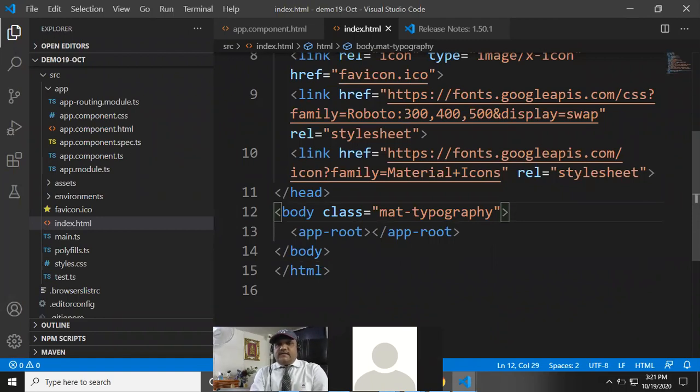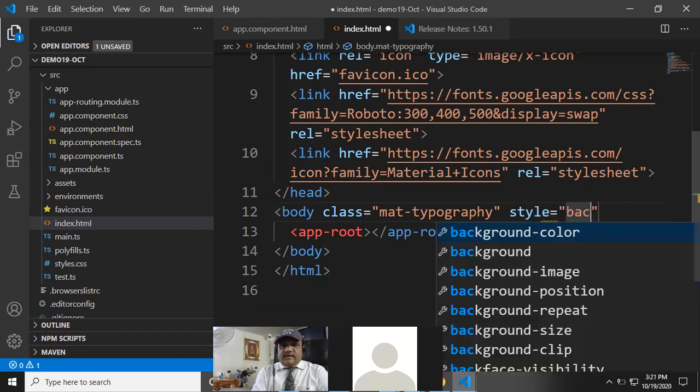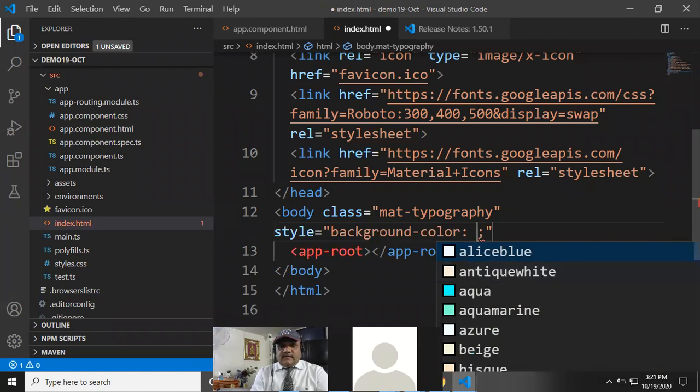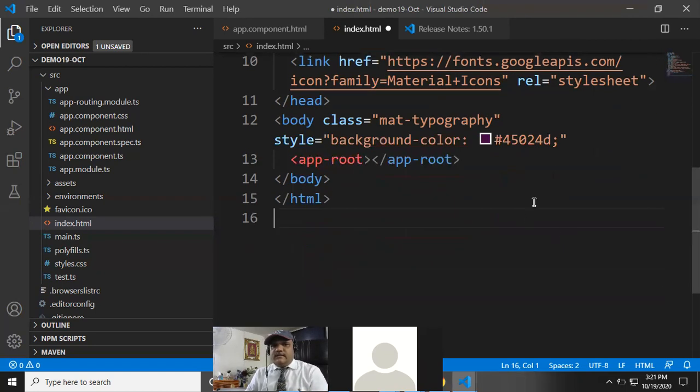That is actually the material typography. Then you can specify directly inline style equals background color, and paste this color code, which I copied from the color picker. As I already told you, in the color picker you can specify the color, right? And then here,